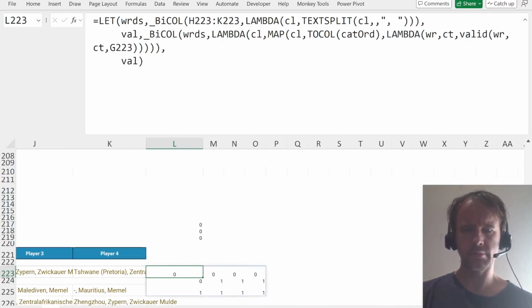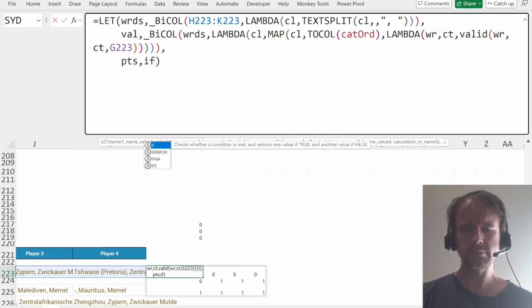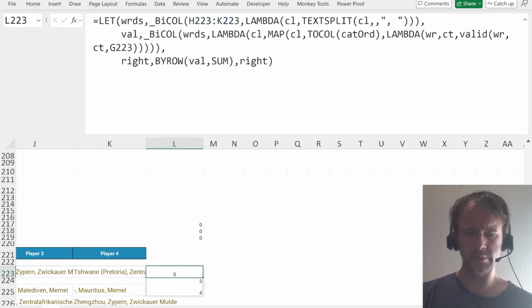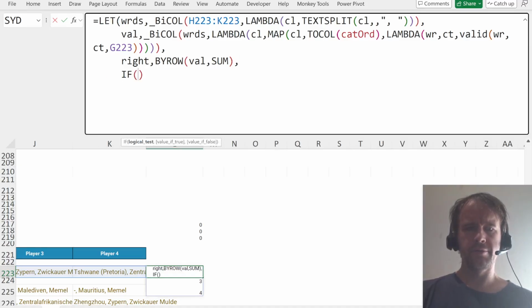Okay. So now on points, and that's going to be if by a row. Sorry. Right can be by row val sum and show me right. So 3 goes with that right, 4 goes with that right, fine. So then we're going to say if right equals 1, then 20 times val. Otherwise,